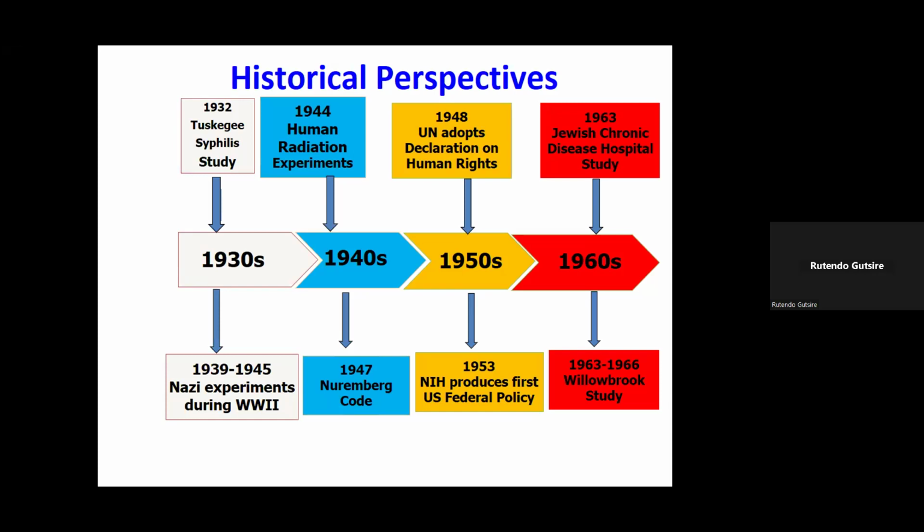And we have the Nuremberg Code, which was the first ethics guideline on how research should be done. It states that people should be told adequate information about the study, and they should voluntarily agree to participate. If they want to withdraw, they can. So people that participated in the Nazi experiments were not allowed to withdraw. They would only continue or die.